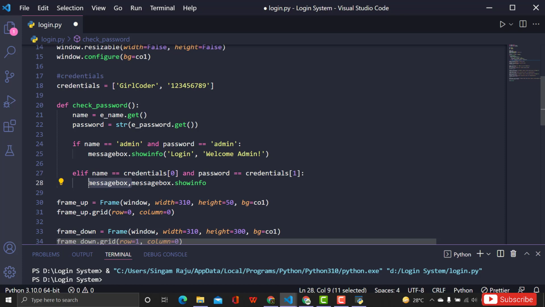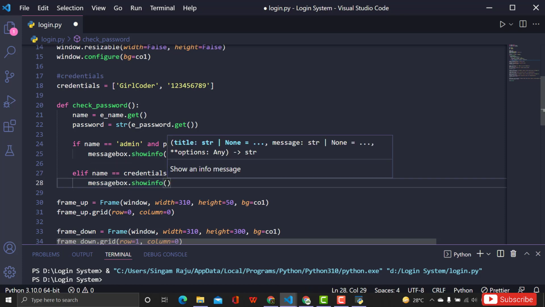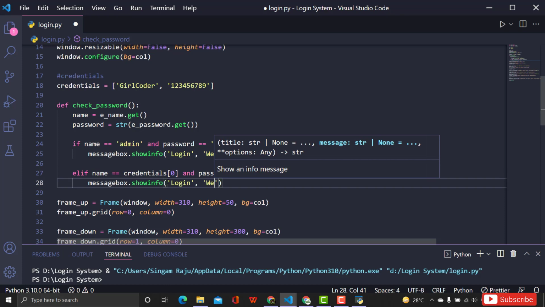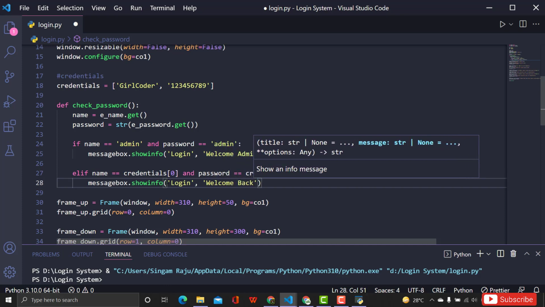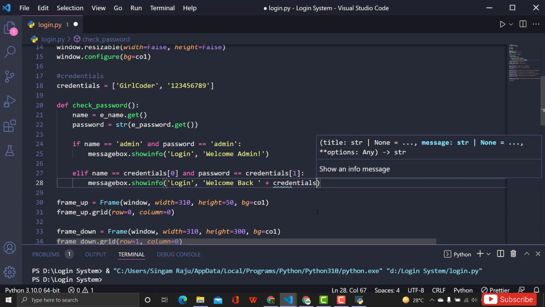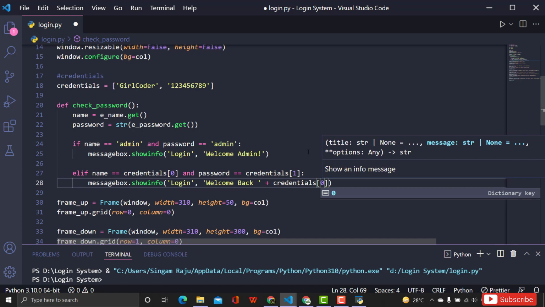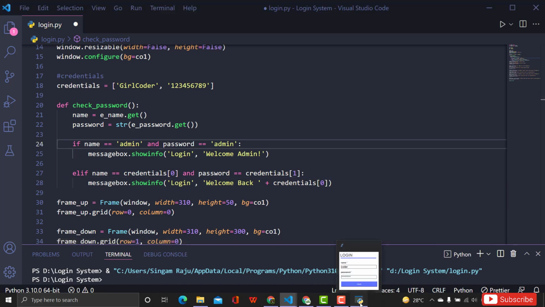called, just say login, welcome back, and just give username here. How are we going to give that username? We are going to get that username from this credential, so just give credentials of 0. Okay, and if I rerun this one,